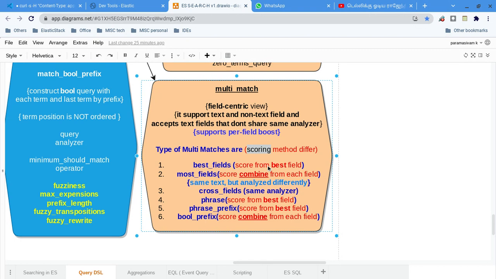Let's say I come to my name, which is in the first name and last name, and even in the comment section. Assume that my name is searched. I will put it into all of the first name, last name and comment fields.